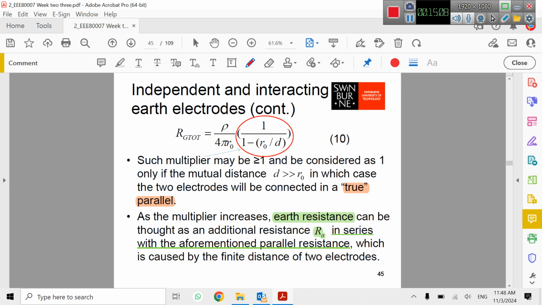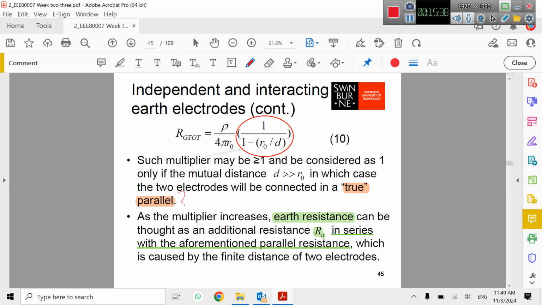So in this case, I think the meaning of true parallel is very important in the case of parallel electrodes in the real case. When we can have a true parallel electrode is a good question for the exam. As a coefficient or multiplier increases, the earth's resistance can be